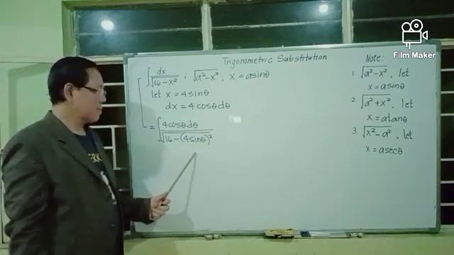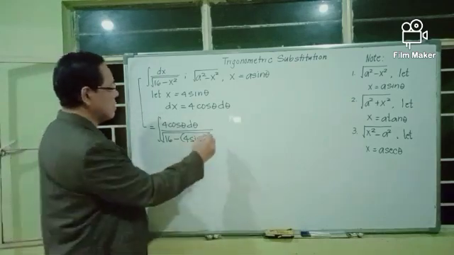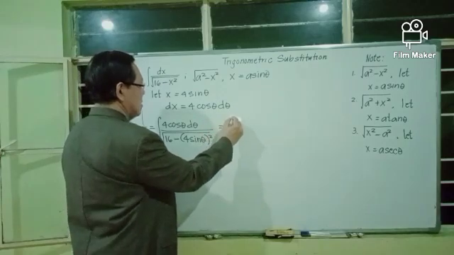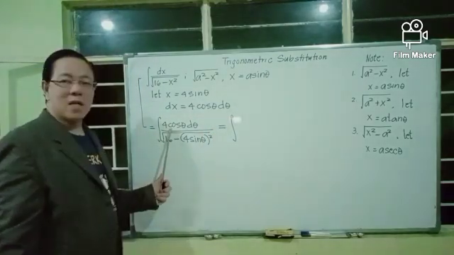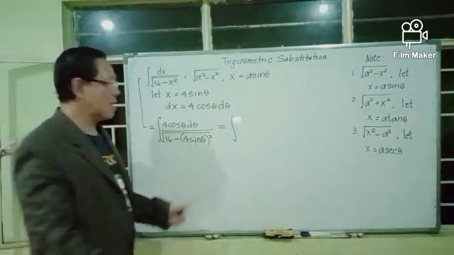And you square it. And we simplify. We get the integral of 4 cosine theta d theta